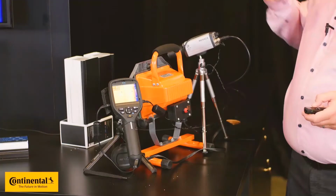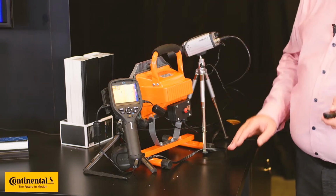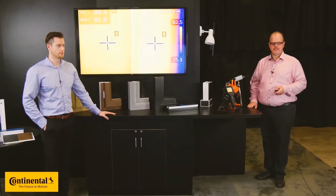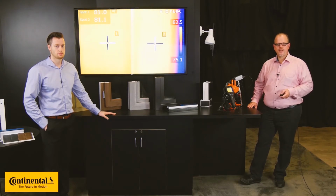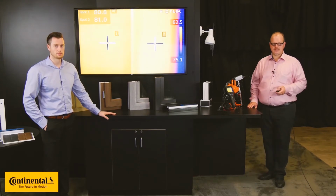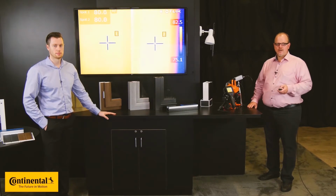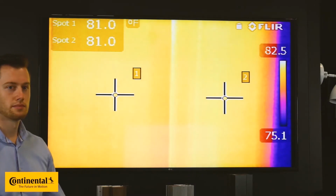Here we have two identical profiles, both laminated with apparently the same laminate, but they are actually two different laminates. One is our popular Cool Color Plus laminate, the jet black, and the other laminate is an alternative option from a different manufacturer. This could also be a comparison between our Cool Color Plus laminate and capstock or paint, which will lead to similar results. As you can see, both profiles have the same temperature of about 81 degrees Fahrenheit at the same location of